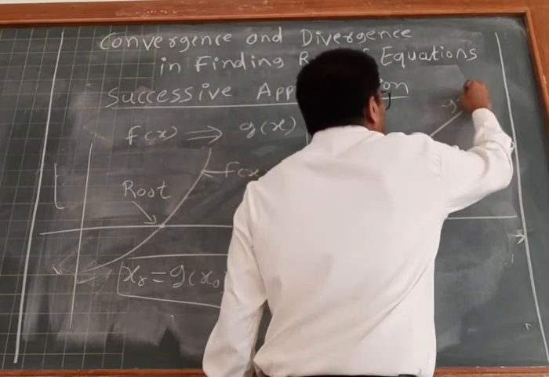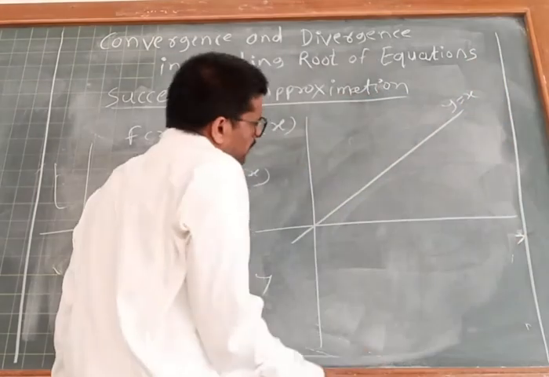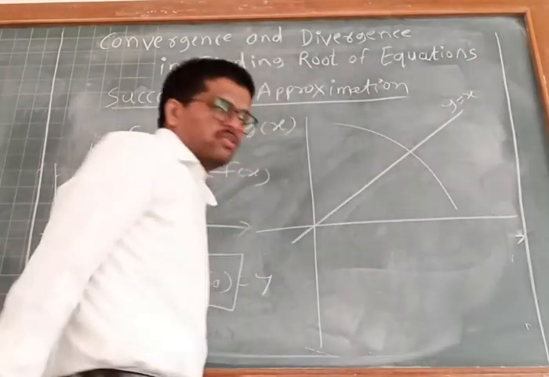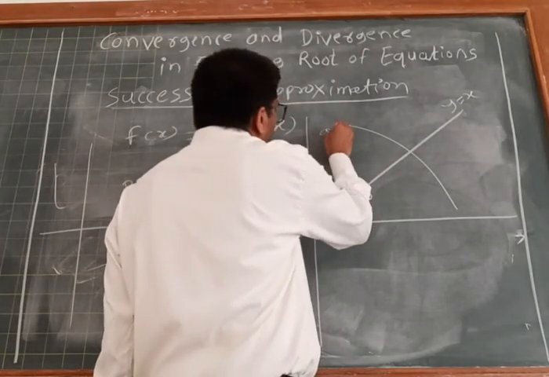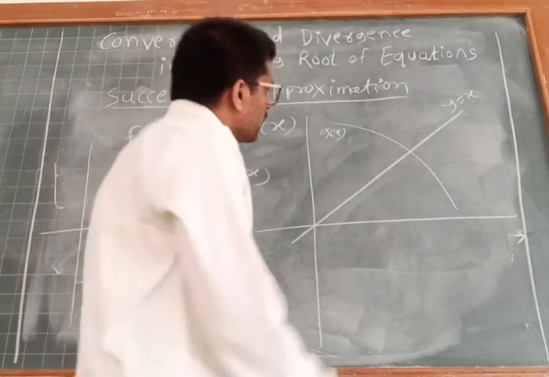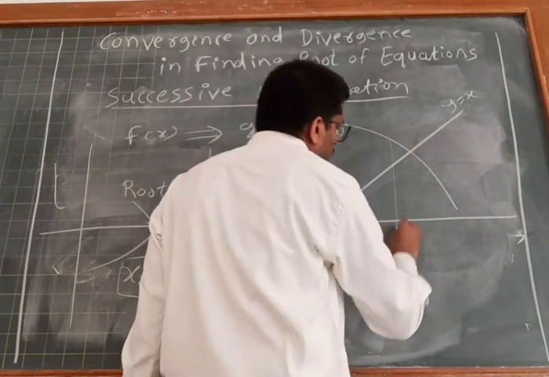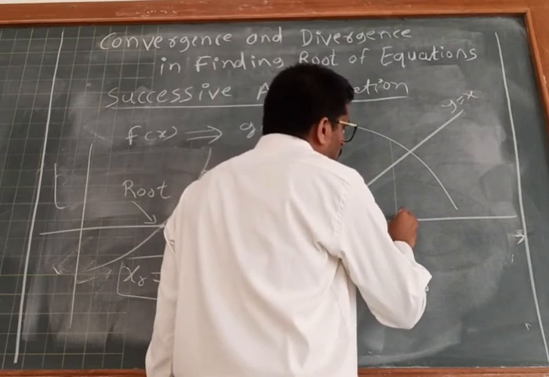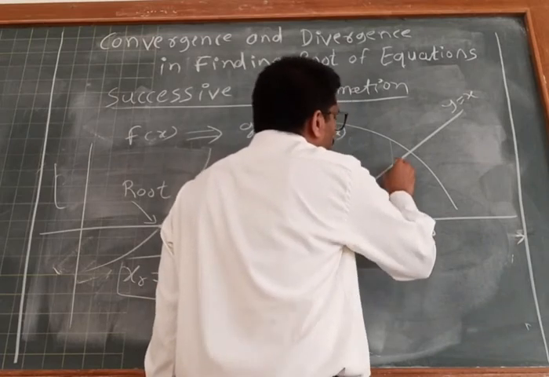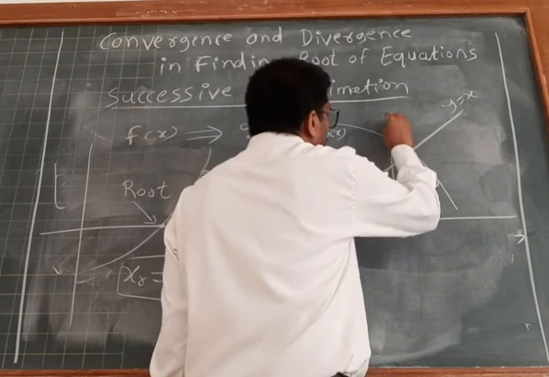This is y is equal to x. Let us consider the g of x of the given equation is something like this. G of x. Now let us consider the initial case x0. So this is x0. From x0